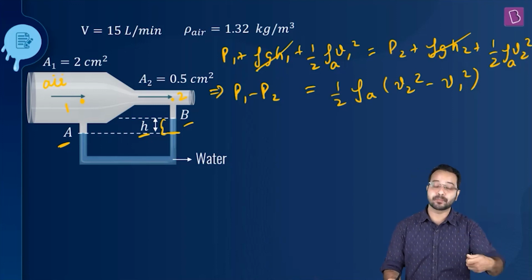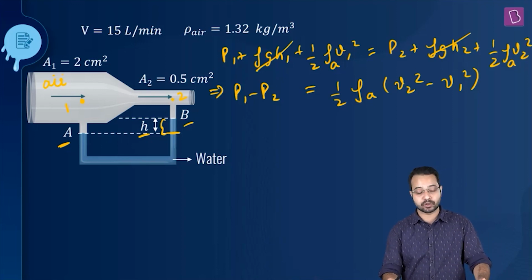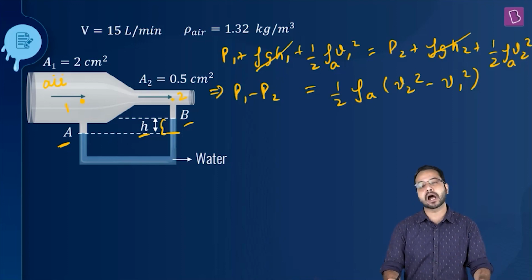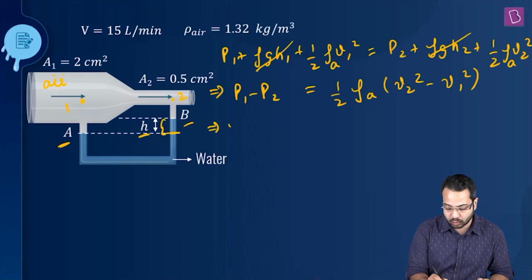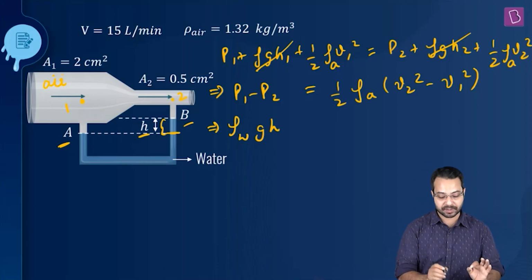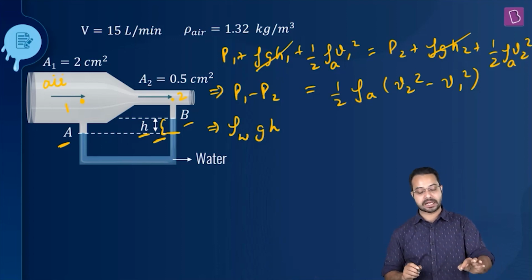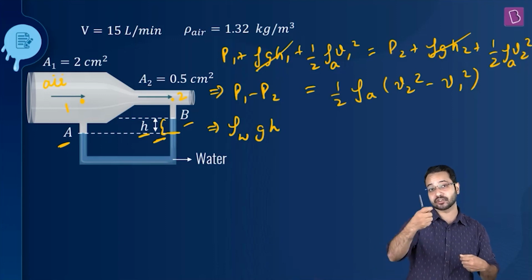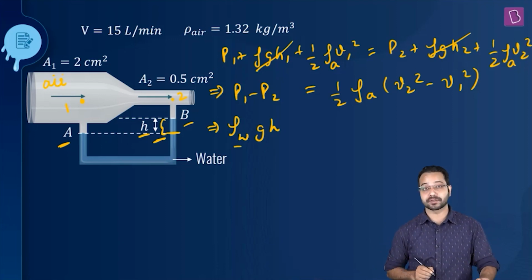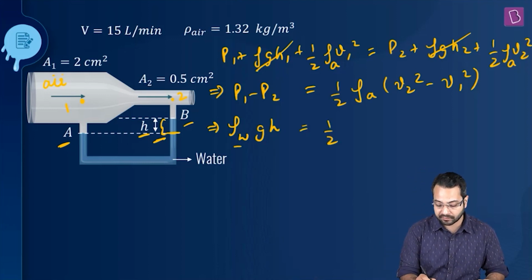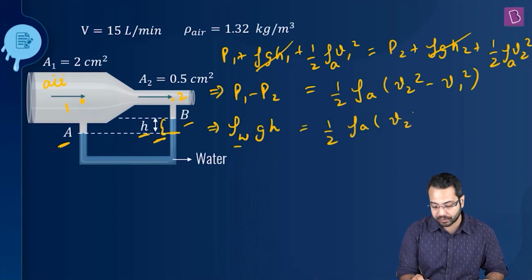So can I say that the pressure difference at point 1 and 2 is equal to the pressure due to this difference in height of water column? Naturally. So this should be equal to rho of water into g h. Again, now here the pressure difference is manifested as the height difference in the water column. So density here has to be equal to the density of water. So rho water g h has to be equal to half into rho air into V2 square